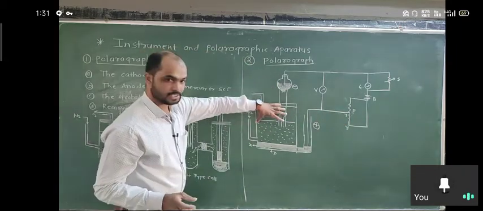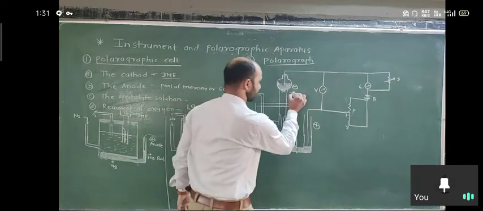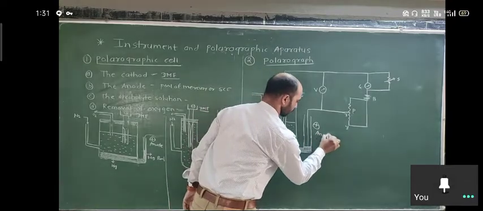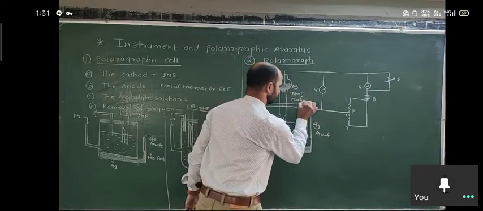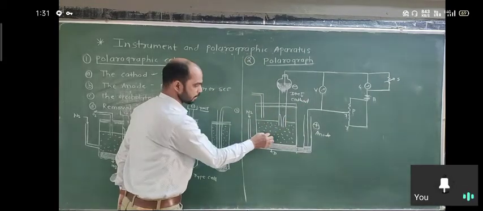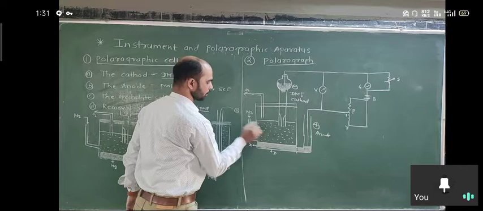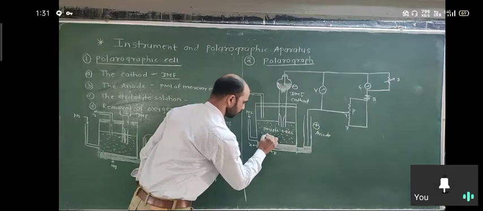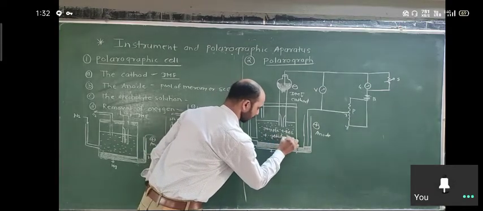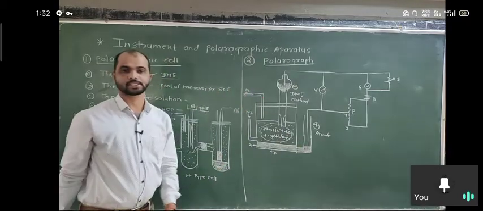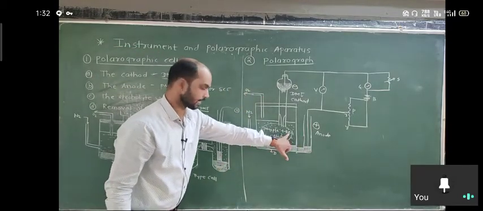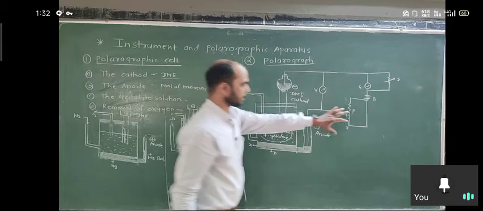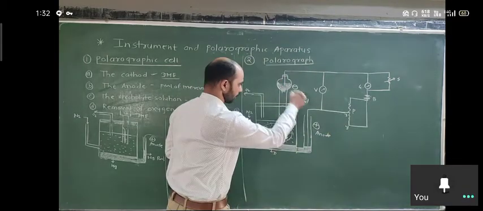Okay, so this is the cell, here is a dropping mercury electrode we can use here. There is a pool of mercury, which acts as the anode, and the dropping electrode acts as the cathode. Again, nitrogen gas is allowed to pass to remove the oxygen from the solution with the sample, plus we can add KCl plus gelatin. So there are three components in the sample part: the sample, KCl, which is a coelectrolyte, and gelatin, which is a suppressor. So when the potential is applied, the current passes.